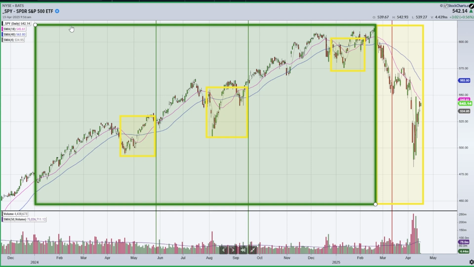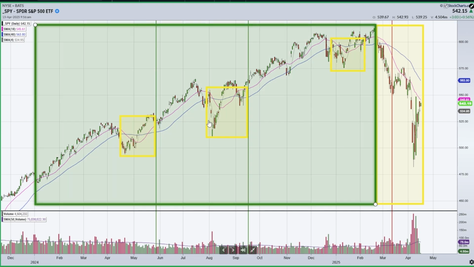So we know the green is basically telling us the weekly chart is in an uptrend. And then on the daily chart, we basically had the 18 above the 40 here, both lines rising. And then at this point, we go into this neutral phase. And then it happens again here and again here, where the moving averages aren't lined up correctly. But when we know we have a bigger time frame in an uptrend,